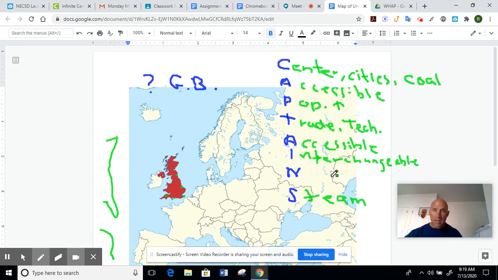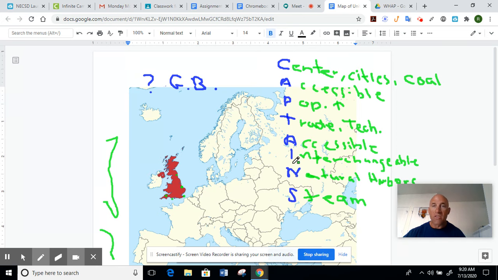And the last one, N, is natural harbors. What I mean by that is, just like the eastern coastline of the United States, like New York City, Boston, Philadelphia, the Chesapeake Bay, those are natural harbors. They have deep harbors. Why is that important? Because if you have natural harbors, you can dock boats more easily, and you can trade easier. So these cities had deep natural harbors which helped trade.